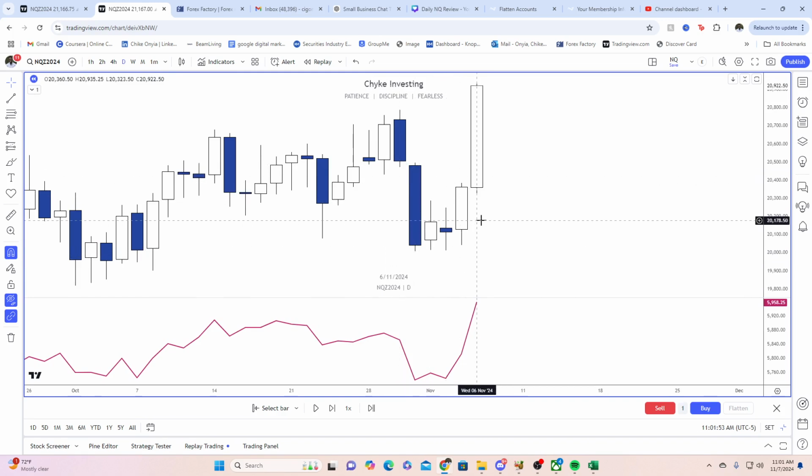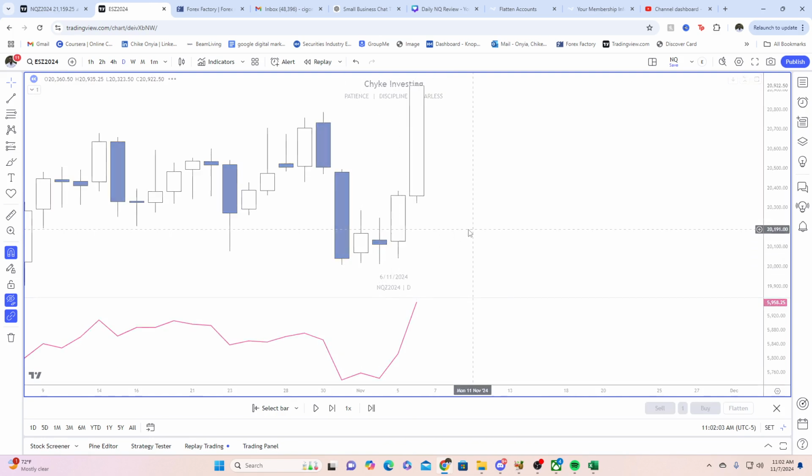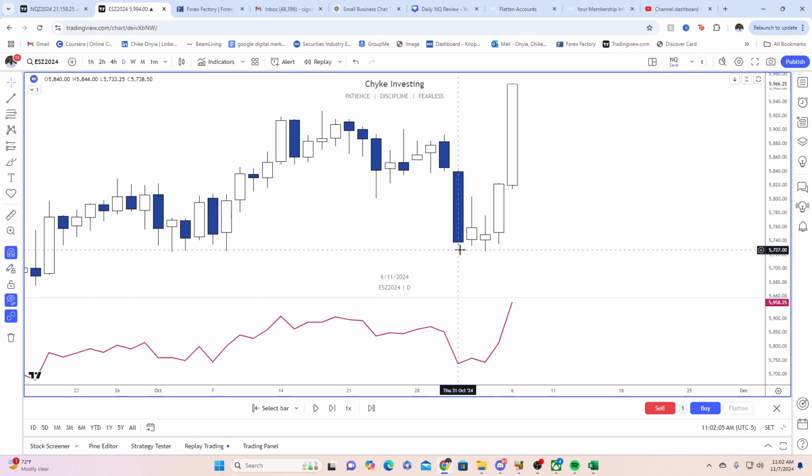Here's another thing. The third thing that would have told me this could be a very expansive day, and why it would be particularly bullish, is because look at this low right here. This low was not taken out by this candle's low on NQ. But on ES, this candle's low was taken out by this candle's low right here, that same day on Thursday last week. So this is what we call a smart money technique. It's called SMT.